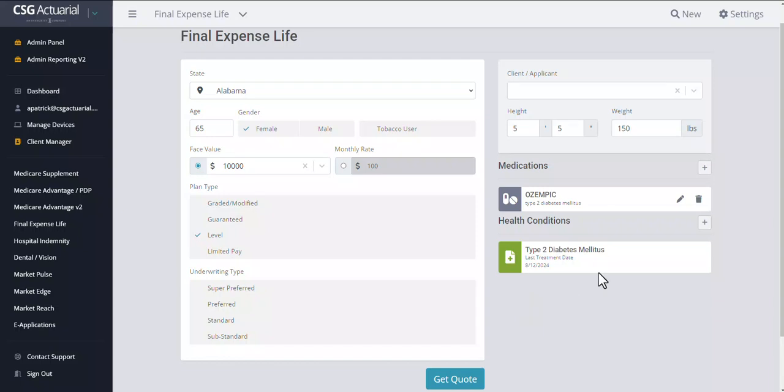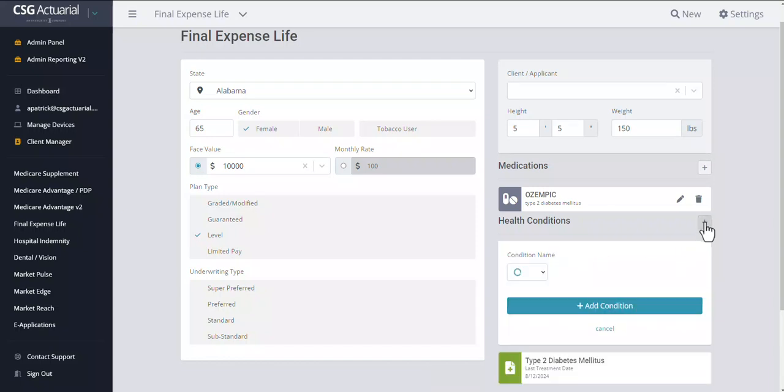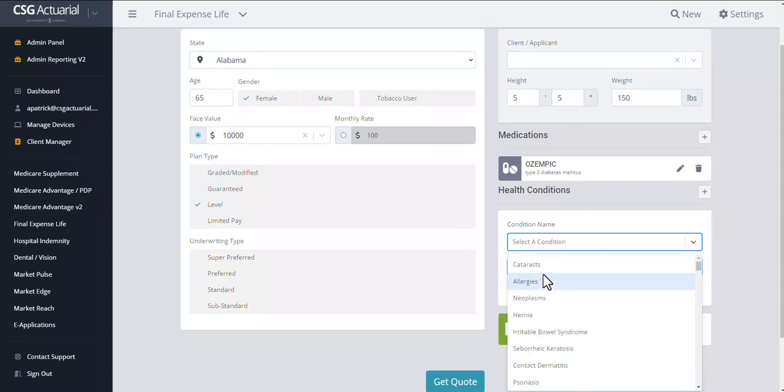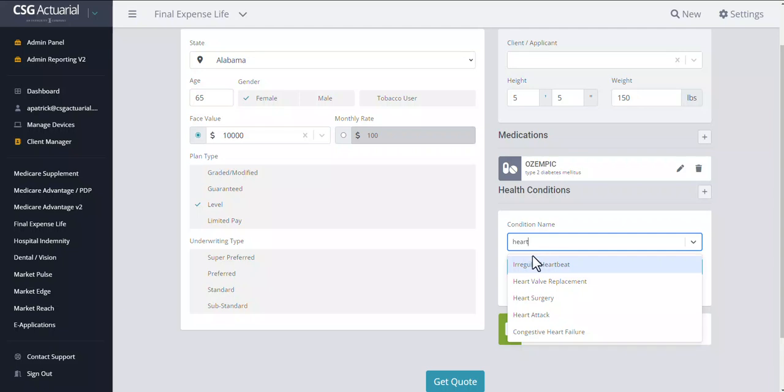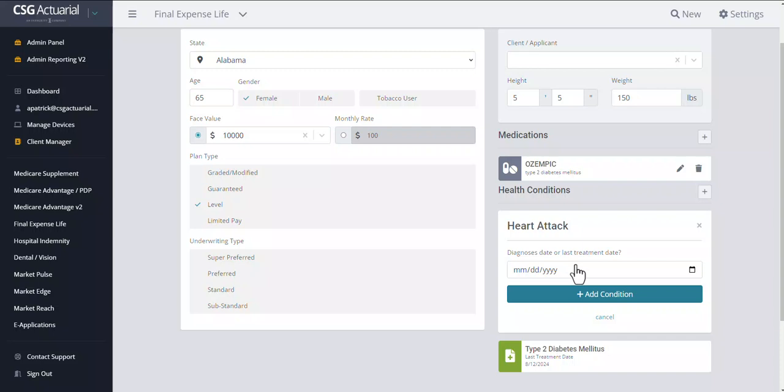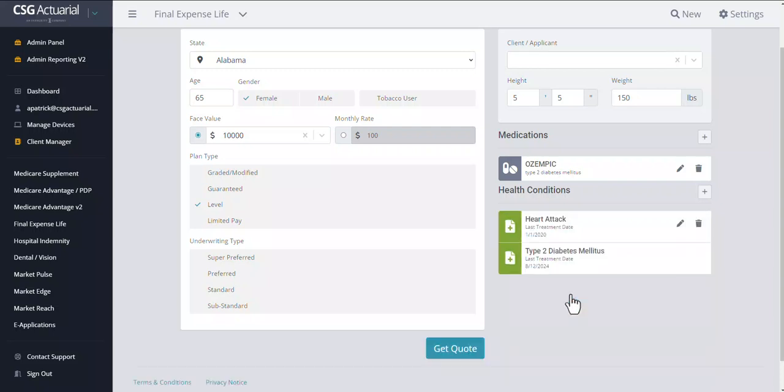You can just go in and add certain health conditions if you would like to. So if I wanted to put in that I've experienced a heart attack, I can select heart attack and then hit next. And then again, it is going to ask for the date of the last treatment or diagnosis date. So this would be the date of the heart attack. If that happened a few years back, I can type in that particular date